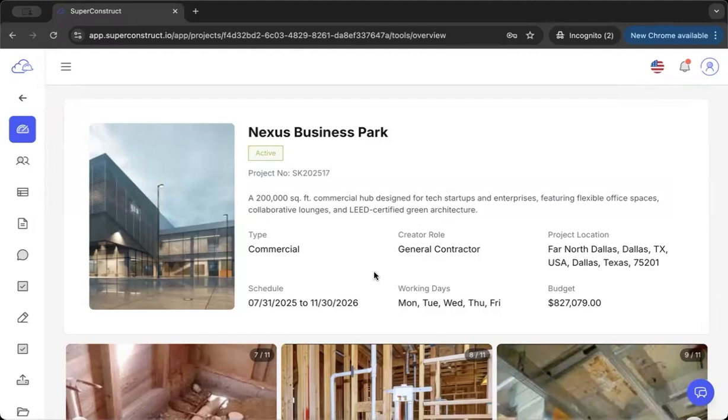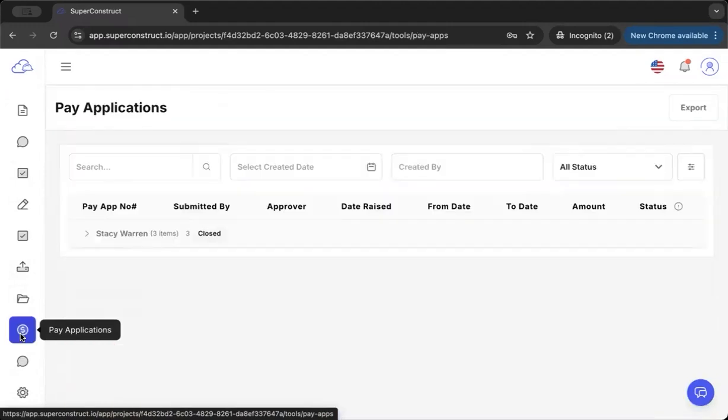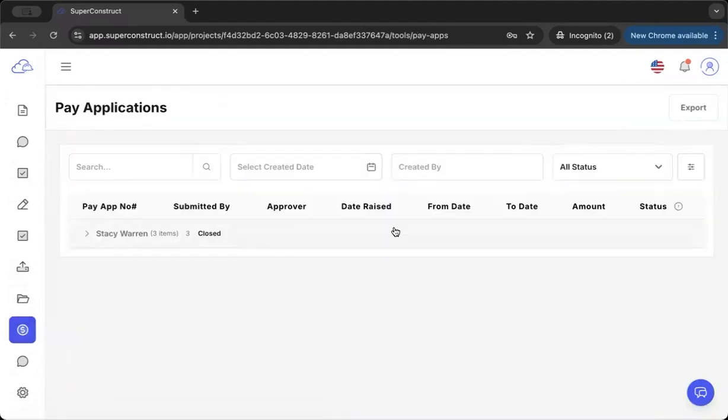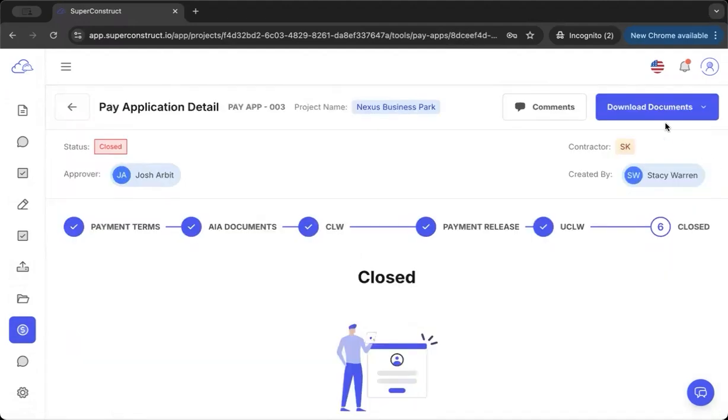Now let me show you an additional feature in the pay application between the general contractor and the owner. Let me log in as an owner. Now let's select a closed pay application between the owner and the general contractor. On clicking it, you see that all the stages of the pay application are closed, and you can see something